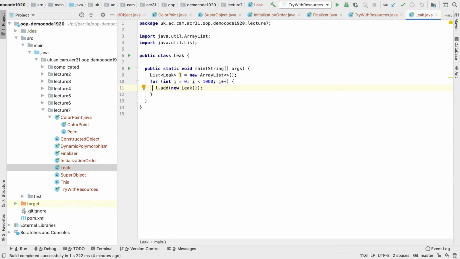So the garbage collector can't do anything here, right? Because I've added more and more of these objects to my list L, but I could still do things with this list L here, right? It's still in scope. So the garbage collector doesn't know whether I'm going to use it again in future, and so it can't collect them. So if, say, I was doing this,